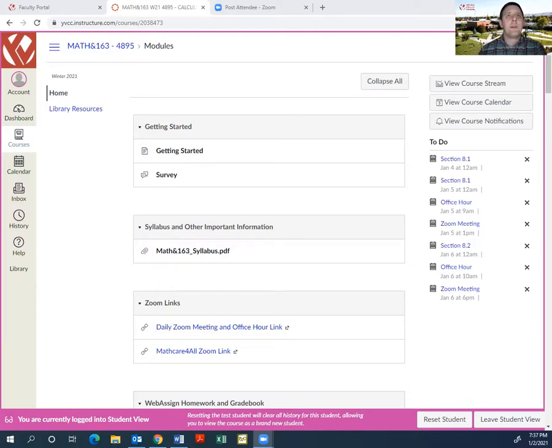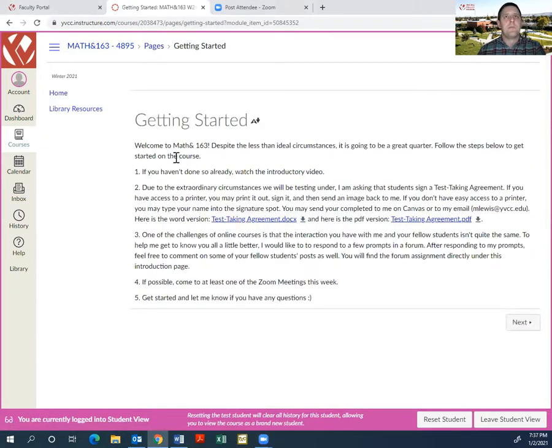So on our course page here, we're going to begin up at the top with this little getting started block. So when you click on this link here, it'll take you to a page that basically has things that I want you to start out by doing. And I'll just, why not, I'll go ahead and show this to you. So you're going to watch this video, which is kind of a silly thing to put here, but in case someone stumbled onto the Canvas page and hadn't done that yet, I put that as number one.